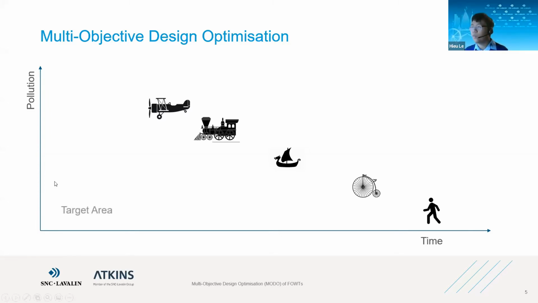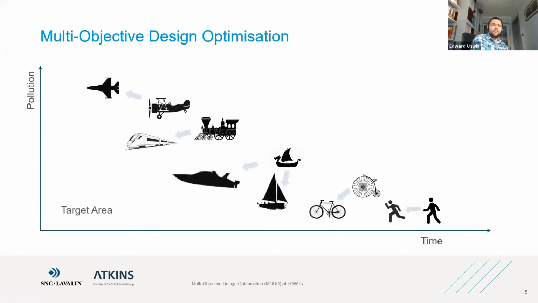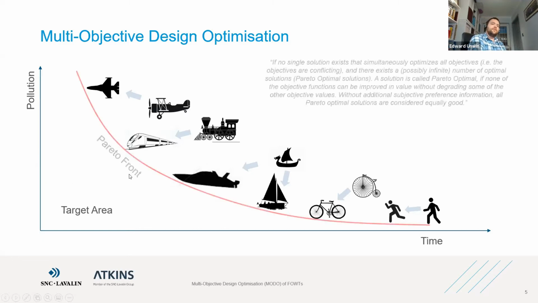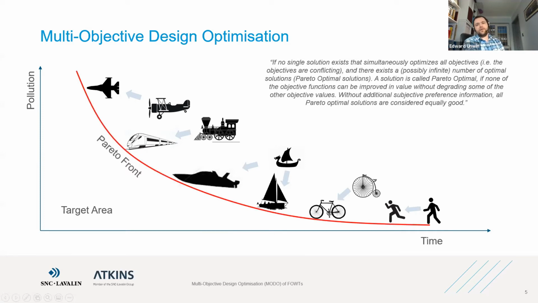Yeah, here we go. We want to end up down in this bottom left-hand corner, which is the lowest pollution in the quickest time. So we can get faster planes to reduce the time, but they also increase the pollution. We can get better trains, we can get quicker boats, or boats powered by sails that are slightly better, nicer looking bikes, or we can run. But what we're trying to do in this optimization process is force our way down as close to this bottom left-hand corner as possible. And there's this concept that is the Pareto front, which is the line that defines how close you can get to your target area,